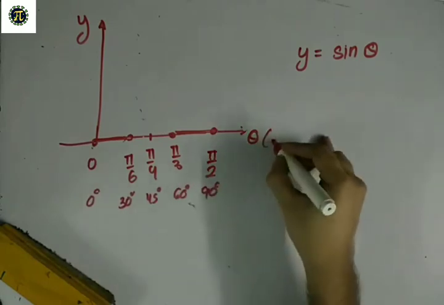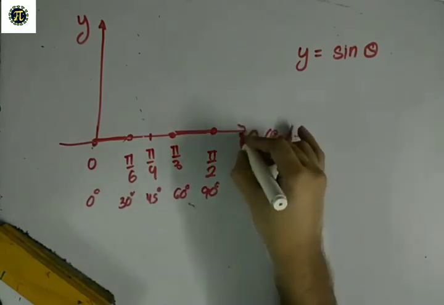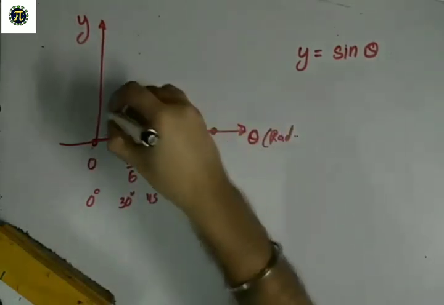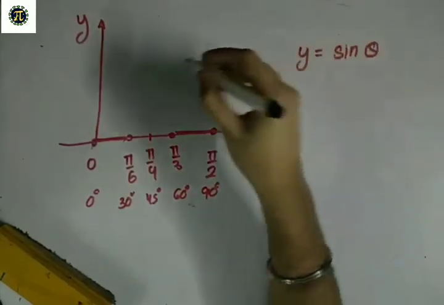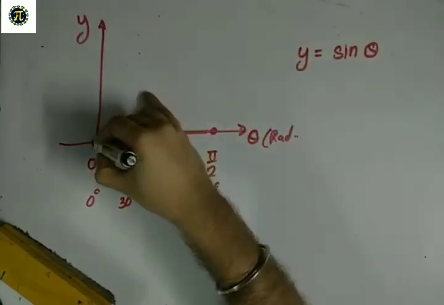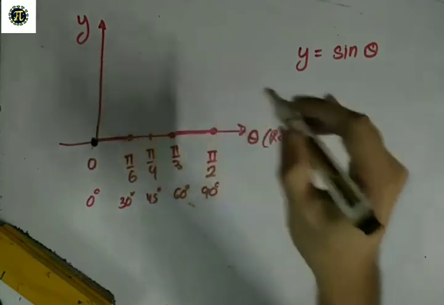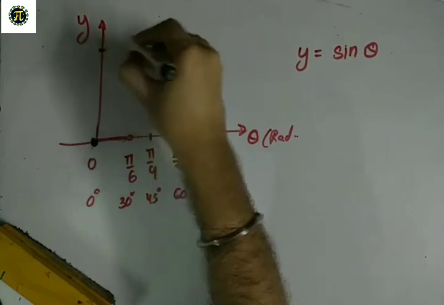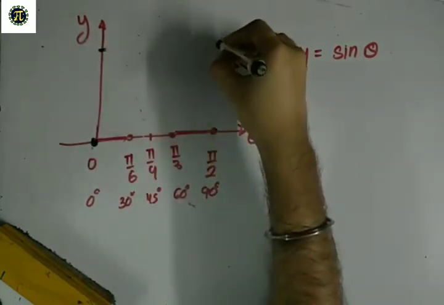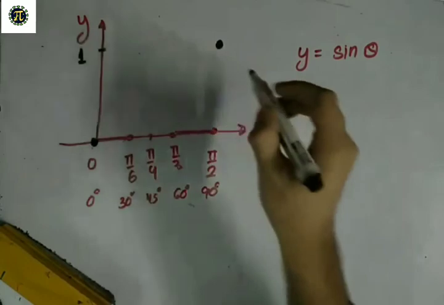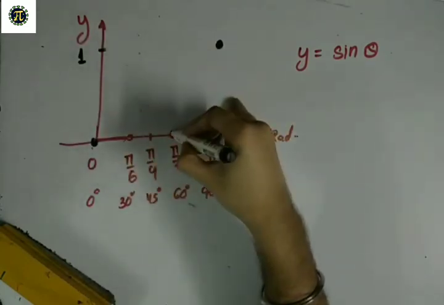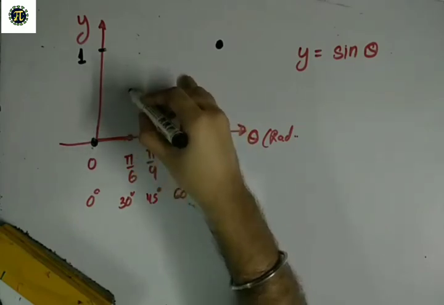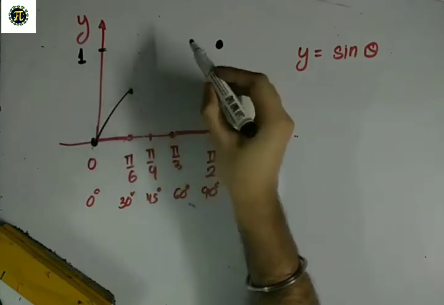I also write them in radians. We know the values of sine and cos functions in the first quadrant from 0 to 90 from last year. So sine 0 is 0. What is the value of sine 30 degrees? Half. It's not going to go above 1. So at pi by 2 the answer will be 1, at pi by 3 the answer will be root 3 by 2, at pi by 4 it will be 1 by root 2, and at pi by 6 the answer will be half.